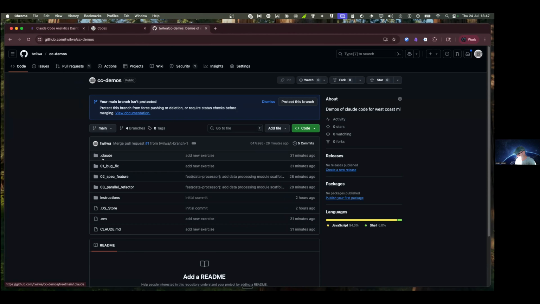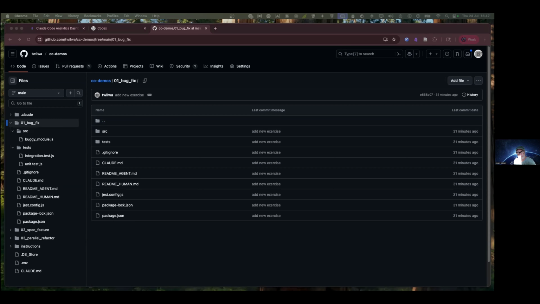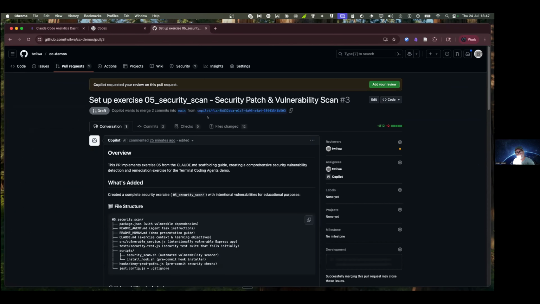So we have, as you can see here, our repo with a couple of exercises in there. And yeah, the first thing I will say is that I had Claude Code generate all of these, and I think I have Copilot coming in with a PR, if I'm not mistaken, or another one. Yep. So this is Copilot, which I just initiated from, let's see if I can pull it. I don't know if that'll be in the right spot, but